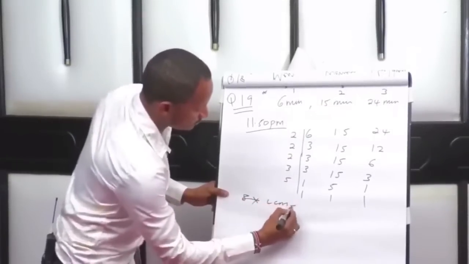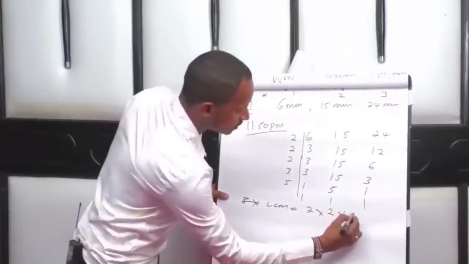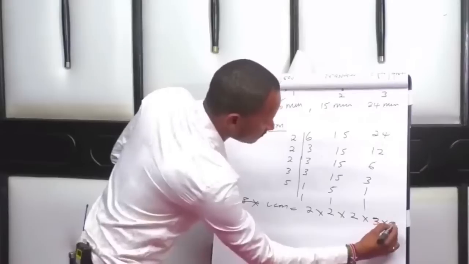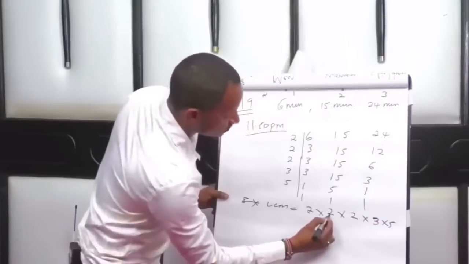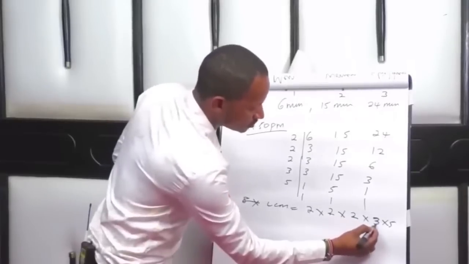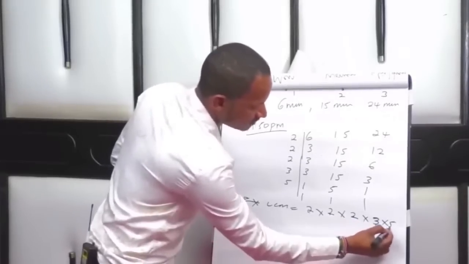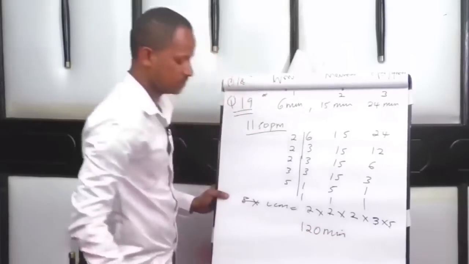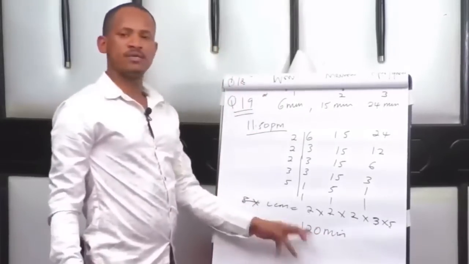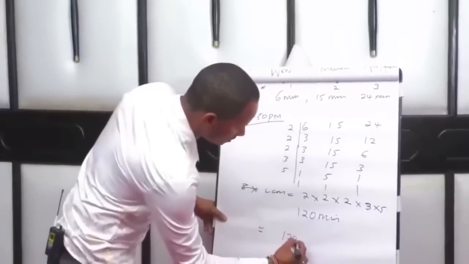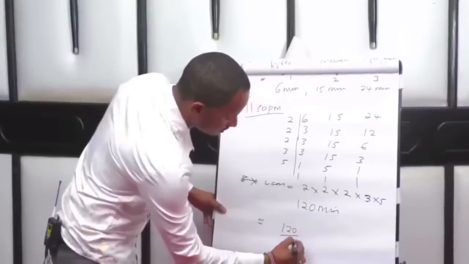Sorry, LCM is 2 times 2 times 2 times 3 times 5. So this is 2 times 2 is 4. 4 times 2 is 8. 8 times 3 is 24. 24 times 5 is 120. This is 120 minutes. If you convert 120 minutes into hours, you just divide by 60. So 120 minutes divided by 60 minutes, you get